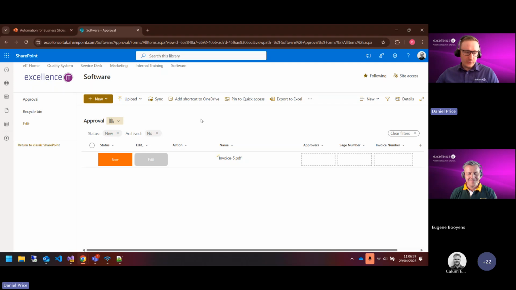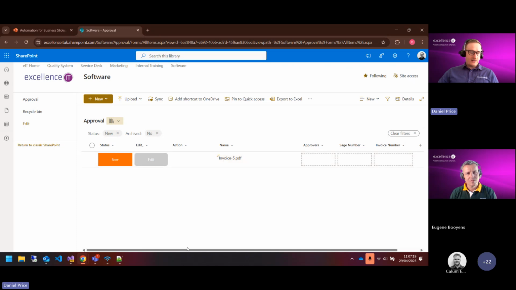Okay. So this is a system that we created for one of our customers, because their previous approval system was relying on sending emails back and forth, and things were getting lost, and it was just a bit messy for them. So we've utilized SharePoint and Power Automate to create this system where they can request approvals automatically, and SharePoint will manage it, basically. So we have a system using Power Automate which monitors an email inbox, and any emails with attachments that get into there are automatically uploaded to SharePoint. And as you can see, we have one in here already.